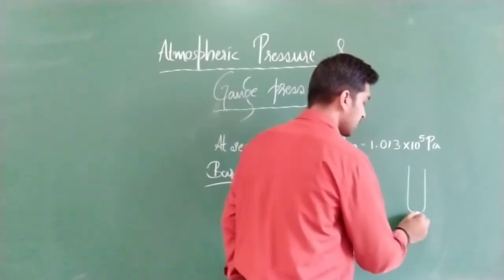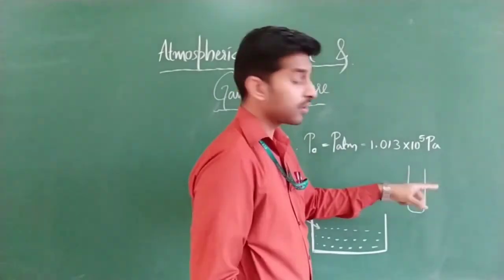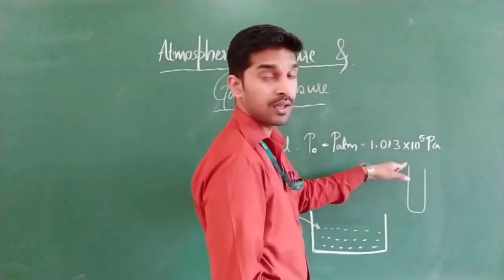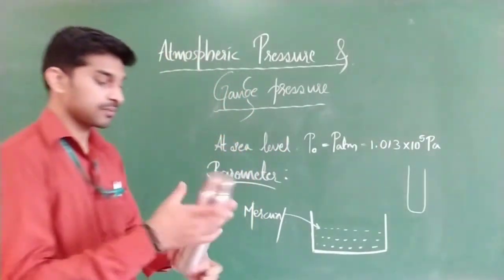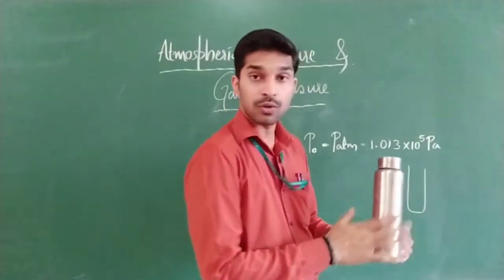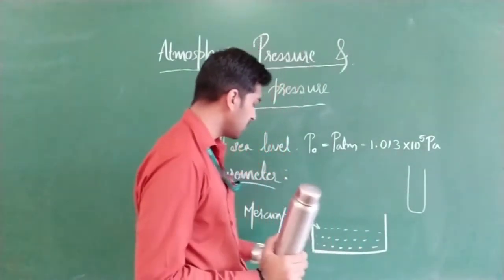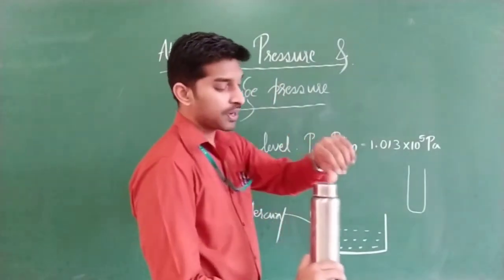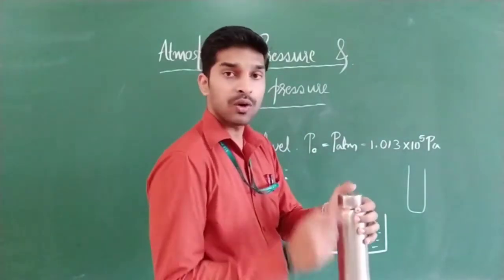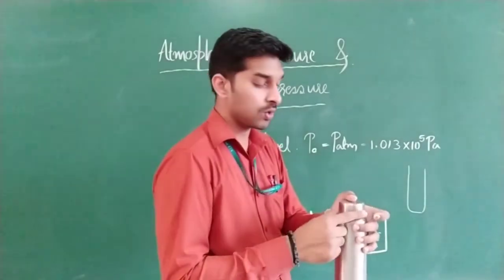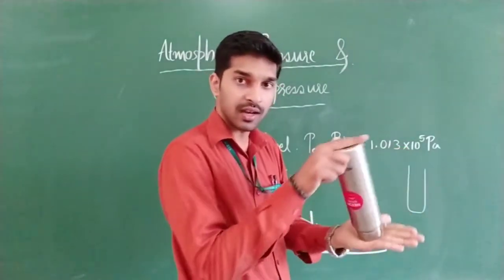So first we will consider a tube, then from the trough we will put mercury to this final level. Clear? Then what will we do? Let us demonstrate that. Here, let us consider this tube as this water bottle. So I am filling that mercury completely here. After completing, we will hold our finger to close this complete opening, and then we are inverting it like this.